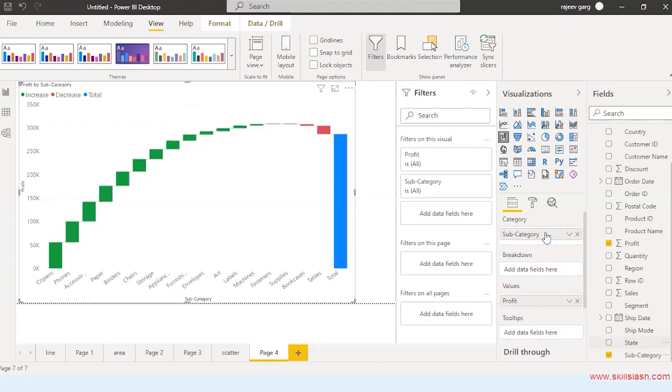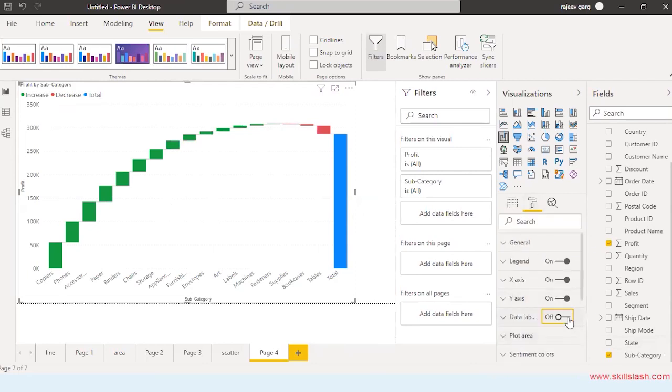And it is known as a waterfall chart because normally the bar goes from bottom to the top, but here the bars are coming from the top to the bottom. So that means the bars are falling over here. These are the falling bars. Okay, so that is why it is known as a waterfall chart. If you want, you can also display the data label. So here it is. The negative values are appearing in a red color and the positive values are appearing in a green color.